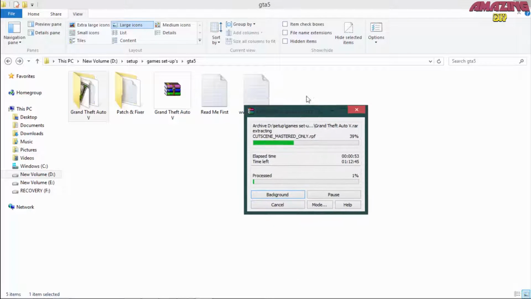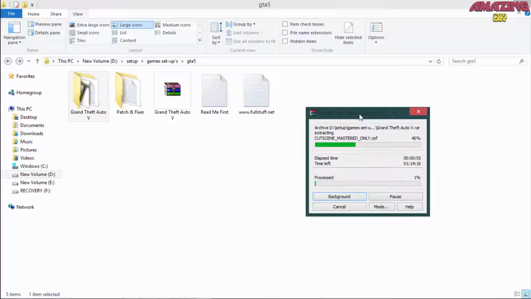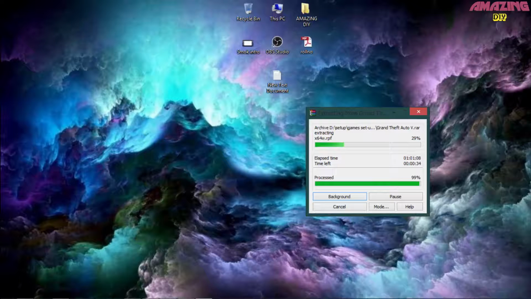When it is fully extracted, which takes some time, I will show you how to crack this game. But you need only this 59 GB setup, not any other setup. So it takes some time to extract, so hold on.